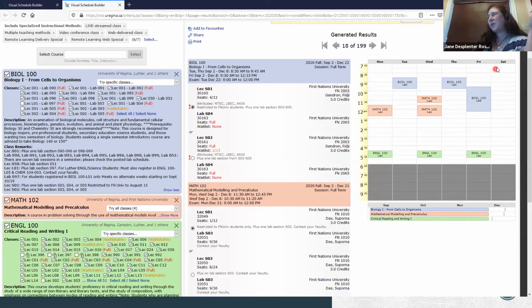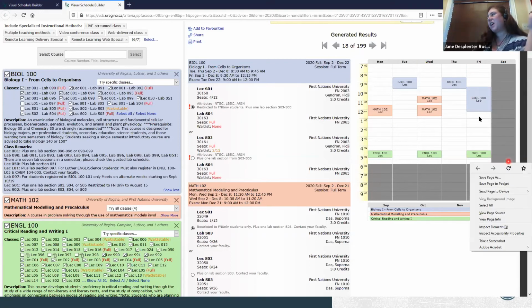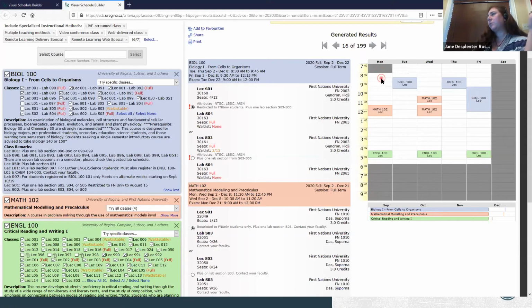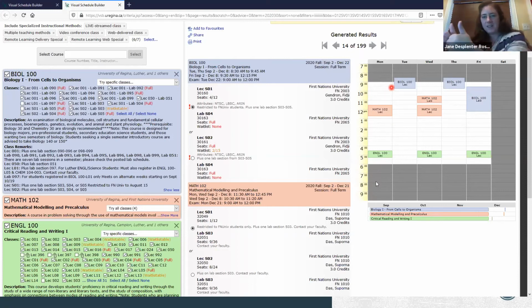So let's say I don't really like Saturday classes and I really have trouble getting up in the morning. So I don't want anything before 9 o'clock. So I want all my classes to be Monday to Friday, 9 to 5. Awesome. Maybe I can manage that. Maybe I can't. But if I gray it out, it's going to move all the best options to fit that